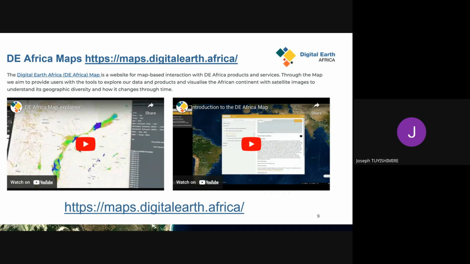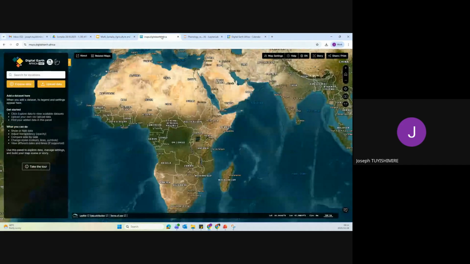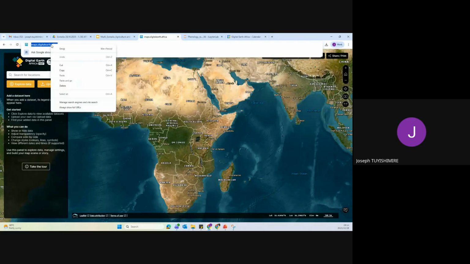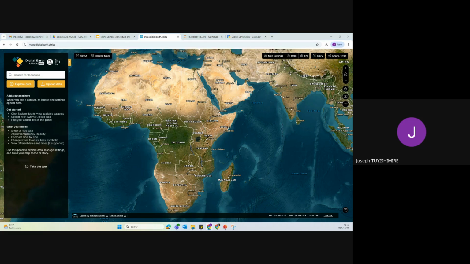So I was talking about the Africa map and how it works. If I give you an example of a map, we can even go together if you don't mind. If you go to the browser, you type the Africa maps dot the Africa dot Africa. I share the link in the chat.